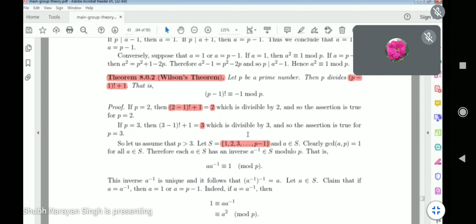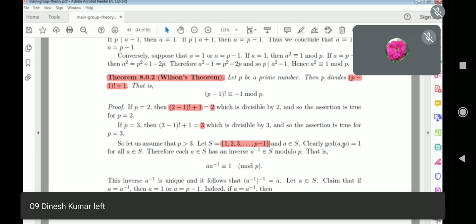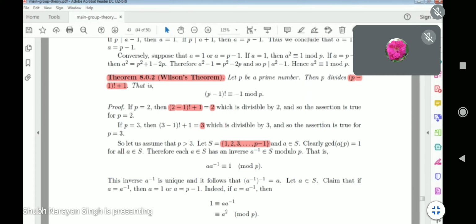If you choose any element inside S, call it a, then you can see that the GCD of a and p is always 1, because a is a positive integer less than p, and p is a prime number, which is divisible only by itself and 1. So the GCD of a and p is equal to 1, and that is true for all a inside S. And that means